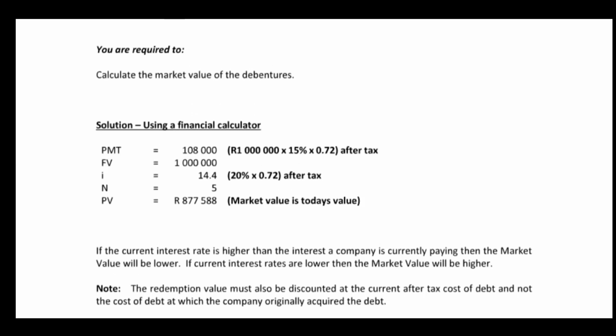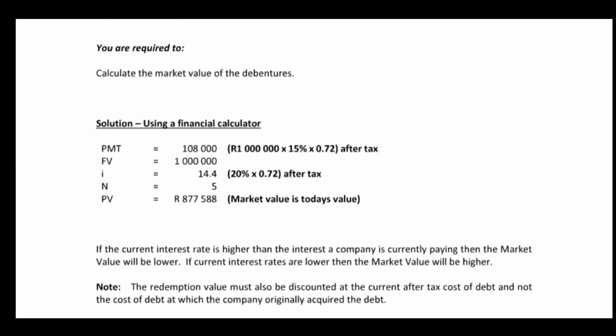Now, basically your payment represents the dividend, or in this particular case, the interest. But interest is tax deductible, therefore after tax. The future value is the maturity value, and like I said, that could have included a premium or there could have been a discount attached to that. Your I value is your market yield, the market related rate of return for similar debentures, which is 20%. Tax rate is 28%, so after tax we multiply that by 0.72. N is equal to 5,